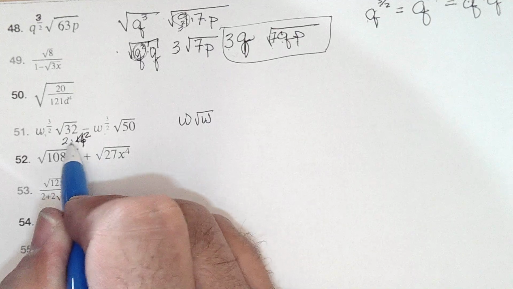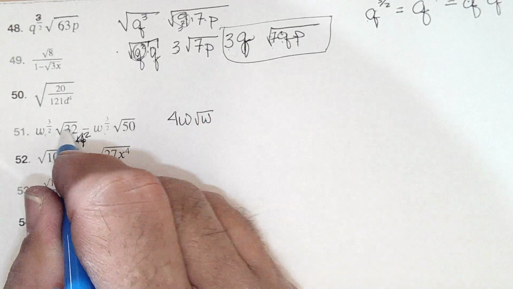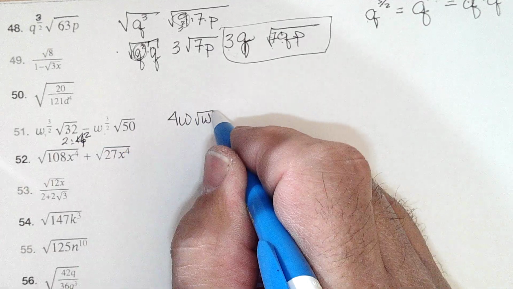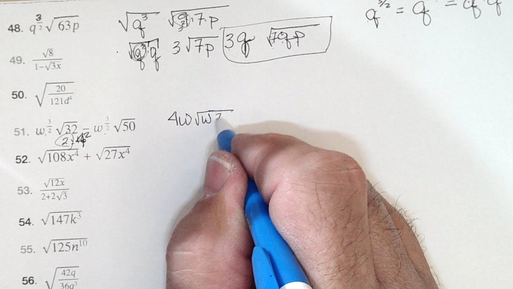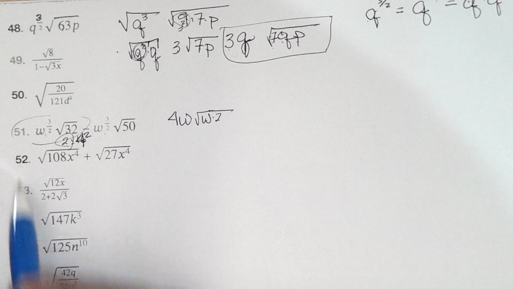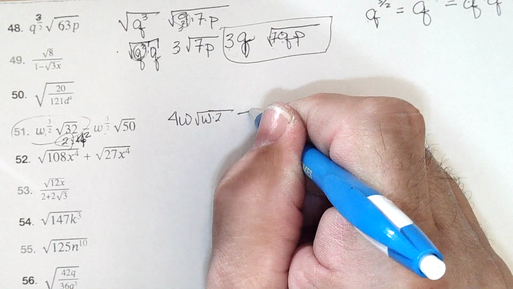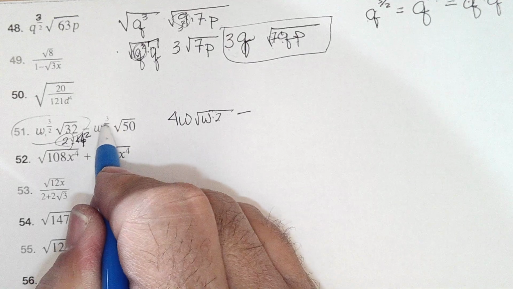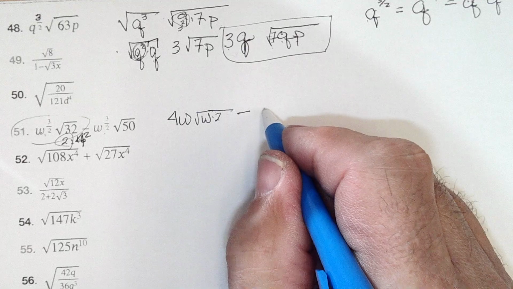And so we got a pair of 4s. So we got a 4 that comes out of this, and leaving a 2. And so that's what I have from the first part, minus this again is w square root of w,